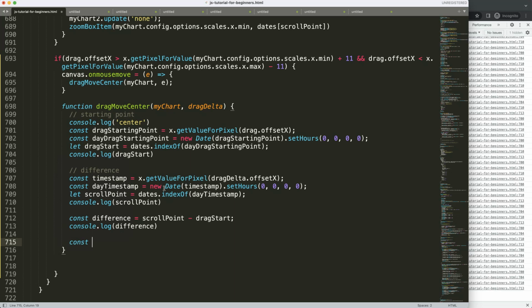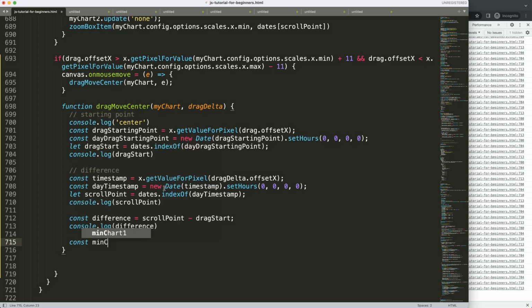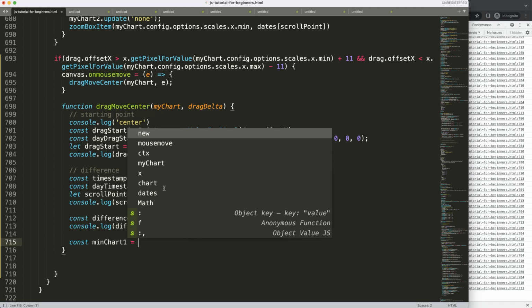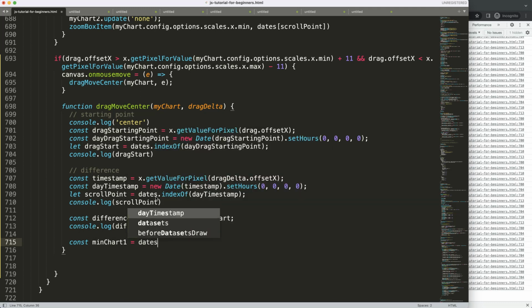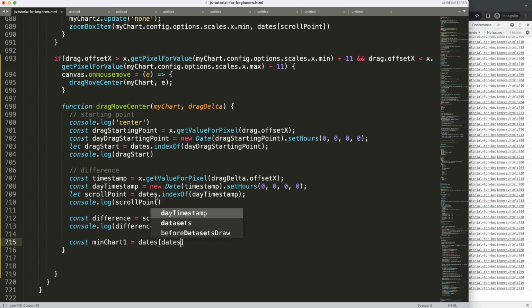What I'm going to say here, very simply, we're going to grab the min value, a constant, and we're going to call this minChart. Just the same meaning, because basically it has the same meaning. It's just we are using it many times. And then the dates will be the index of dates dot indexOf,